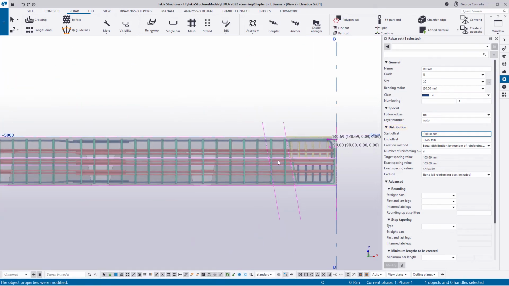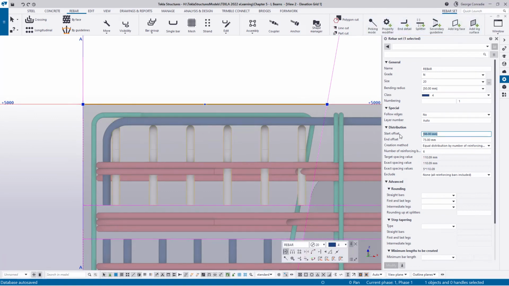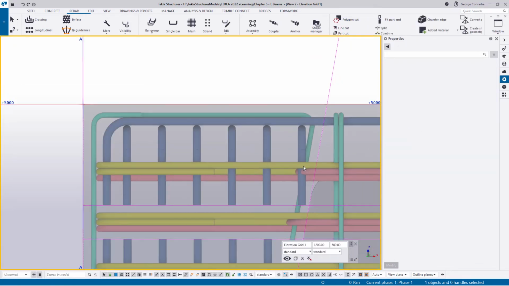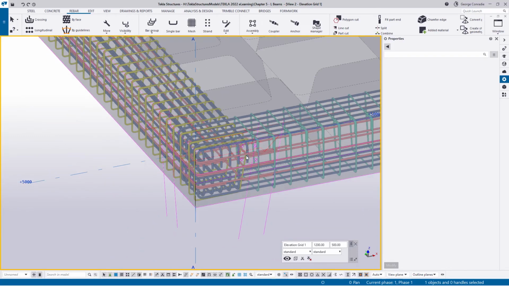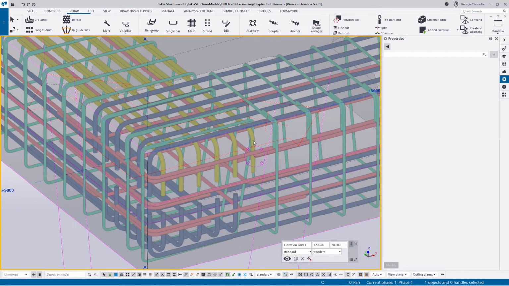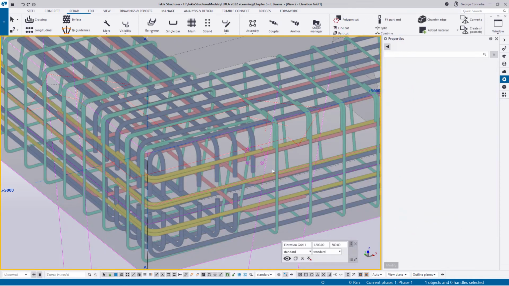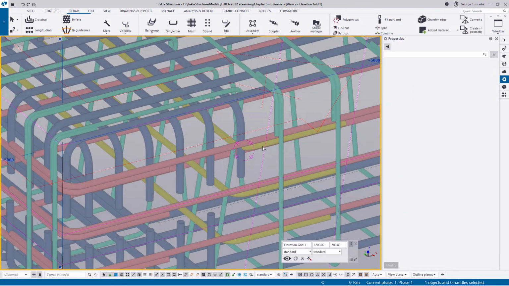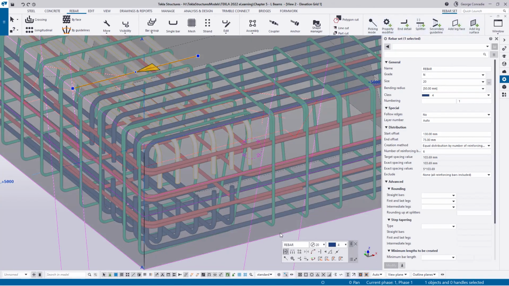We need to make sure that we repeat it on the other side. So if I click here, again, the 98 must be 130. That fixes that up. And now all we need to do is address this issue here with this bar doing this. The quick fix for that is, and maybe for this exercise, let's just pick this bar